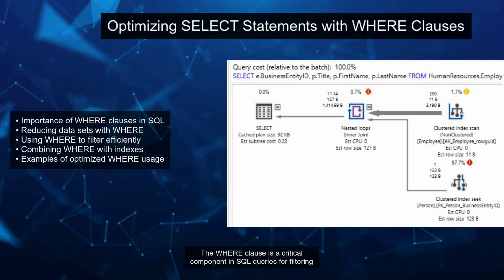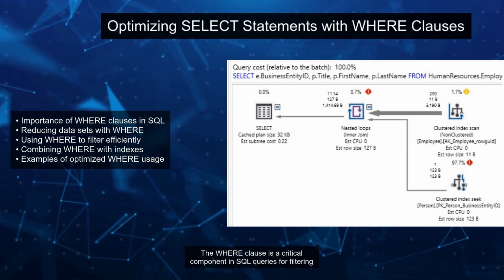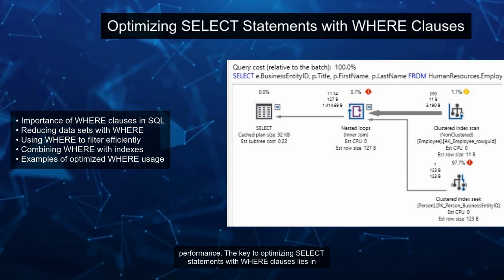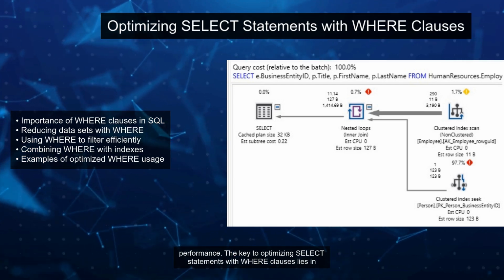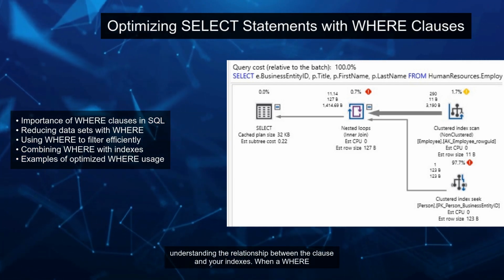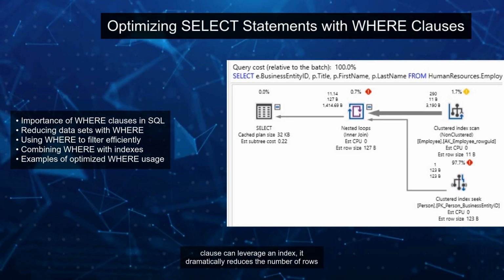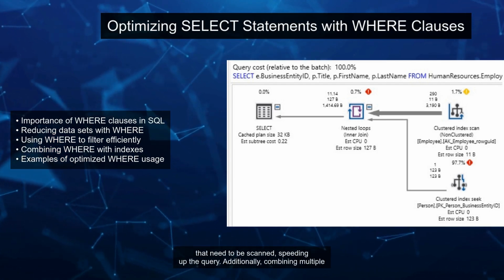The where clause is a critical component in SQL queries for filtering data. By narrowing down the dataset, you can significantly improve query performance. The key to optimizing select statements with where clauses lies in understanding the relationship between the clause and your indexes. When a where clause can leverage an index, it dramatically reduces the number of rows that need to be scanned,